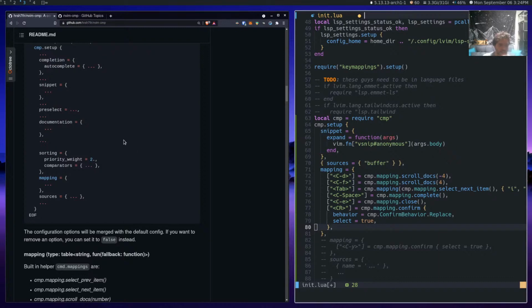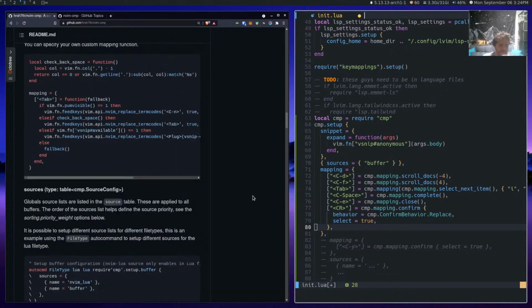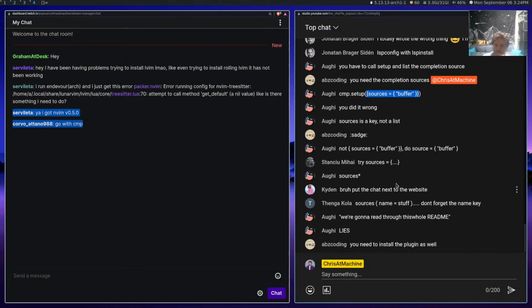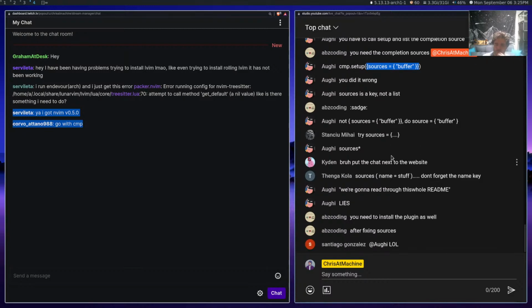Wow, there's keys, and then you can add anything. Not sources buffer, do source equals, okay. Source equals buffer. Okay. Is it source or is it sources?